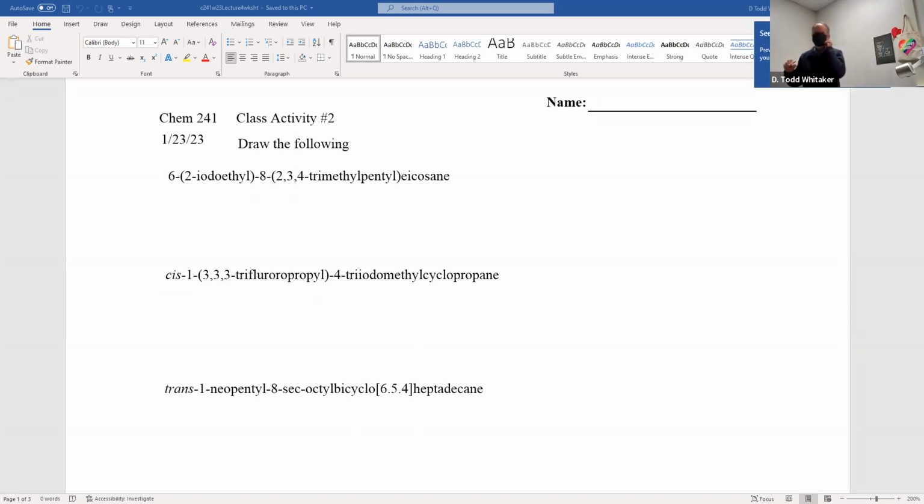And I know I haven't covered the cis prefix yet, have I? I always do it after the fact. I draw it like there's nothing cis or trans, and then I realize cis means they're both either sticking out of the ring towards you, or they're behind the ring sticking away from me. You show me one or the other. And what's our short form when drawing bonds to show bonds coming out at you? How do I draw those? A wedge, W-E-D-G-E. So you can make them both wedges, and I'm doing it after the fact. Those are both wedges.